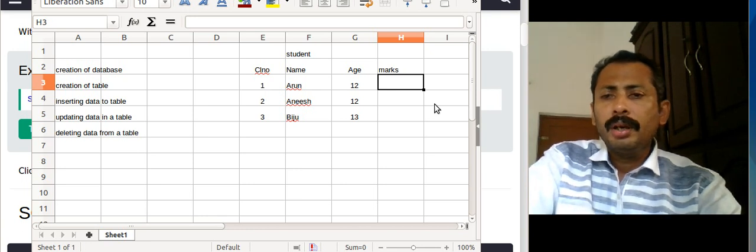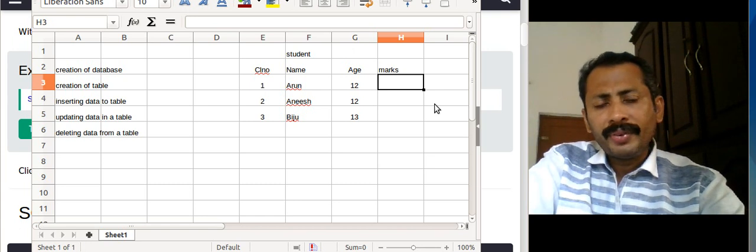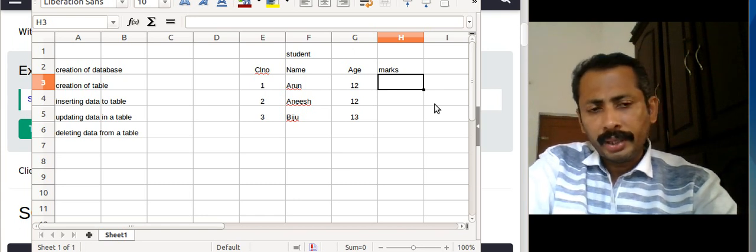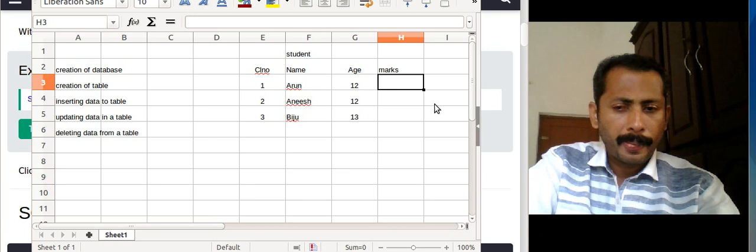Okay, so as I told you, we have different types of DBMS, database management systems, for data storage and these purposes.